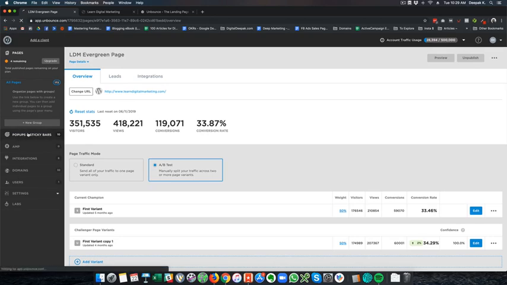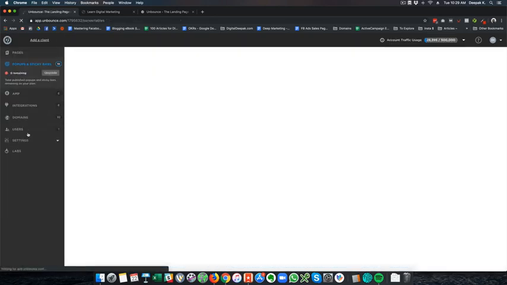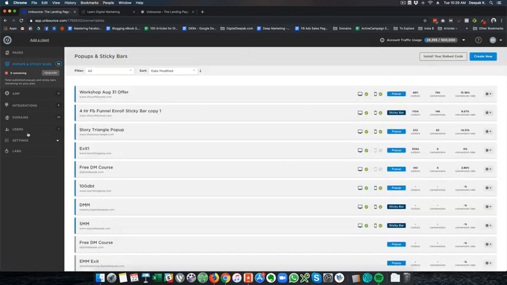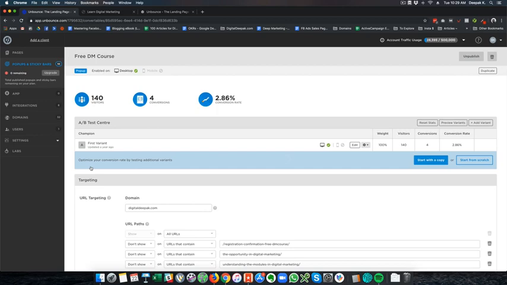There is also pop-ups and sticky bars, which is part of Unbounce as an offering, and this particular offering is not available on InstaPage. So pop-ups and sticky bar is basically like an exit pop-up that you can create for your website, and you will start generating leads through it. So right now I'm using a tool called Opt-in Monster. I'm not using this particular tool. So here you can go ahead and look at the preview on how this particular pop-up looks.